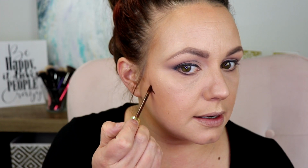I use Shadow Sense in Sandstone Pearl from Senegence, but whatever you use, I put that down, V here, I highlight here, and on my nose and on my Cupid's bow. So then I take my contour color,